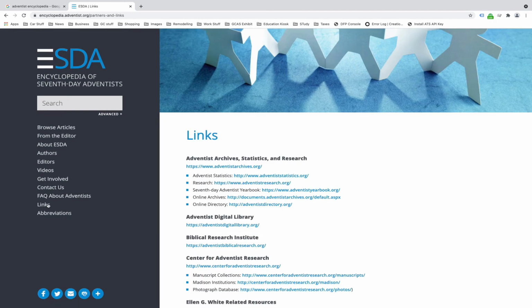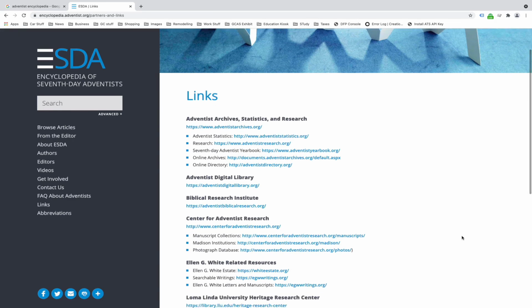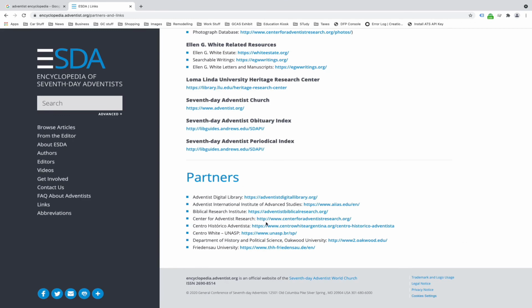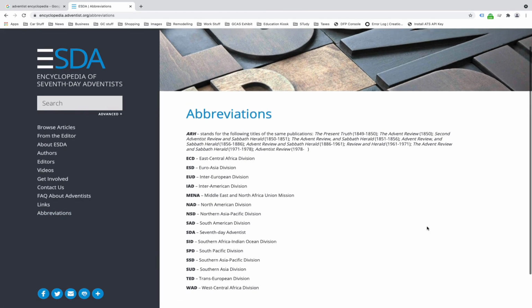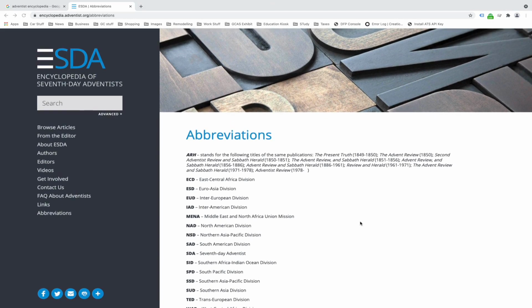We've got a series of useful links. We'll take you to other really useful resources around the internet and links to our partners on this project. And then a very brief list of abbreviations for divisions, etc., which will be added to as necessary. That covers the majority of the features of the